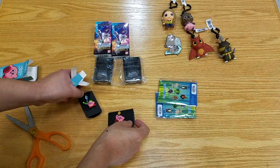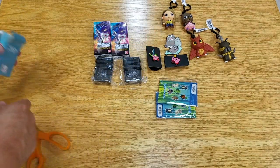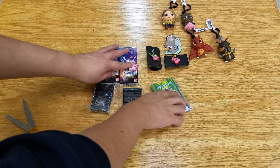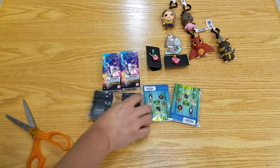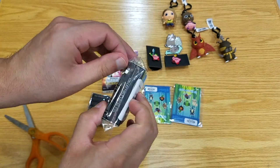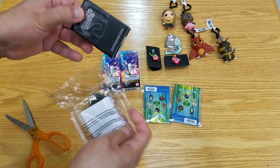But either way, as you can tell by comparison, these are a lot smaller than the Pusheen pins. But still, nonetheless, I really like this collection of Kirby pins. Very cute, and can't wait to recommend them. I think they have other ones available, so if you're looking for different styles, I do believe they carry the different ones. But that being said, let's move on to one that I thought was very interesting, which was the